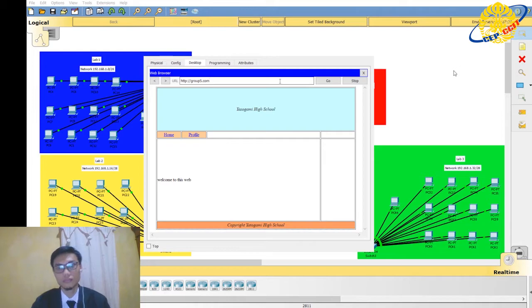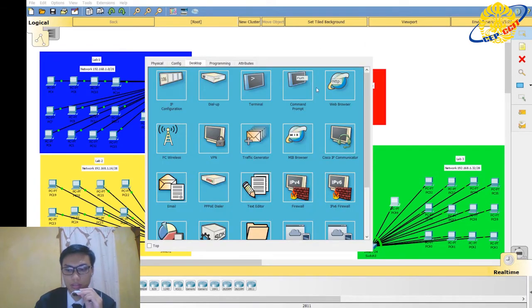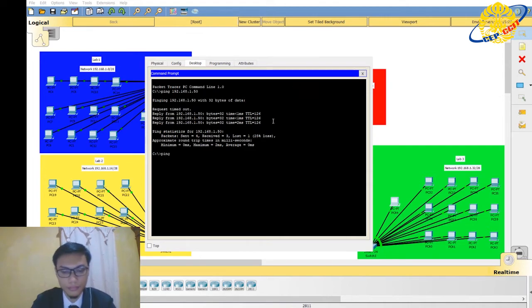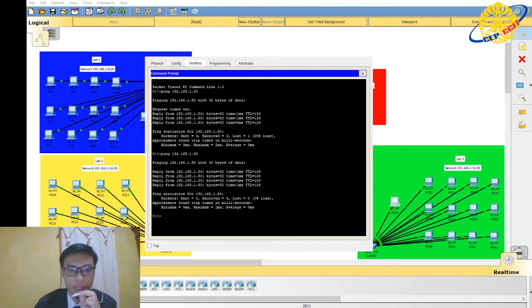Okay, the web server is accessible in this lab too. And now the third lab. Okay, as you can see, there is no packet loss from the 3 labs, so it means the 3 labs are connected to the server.